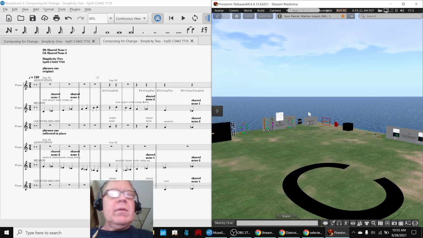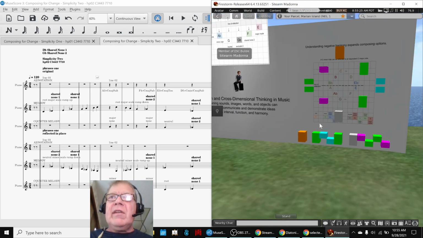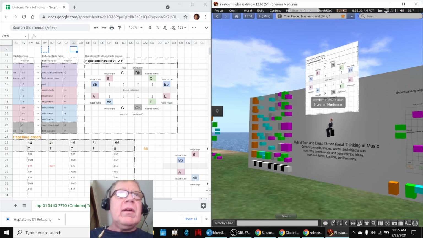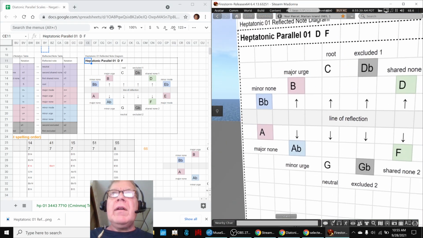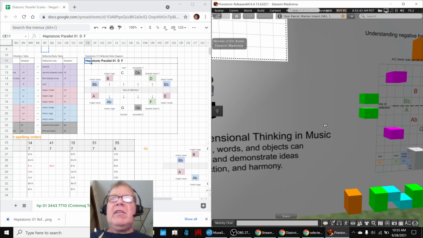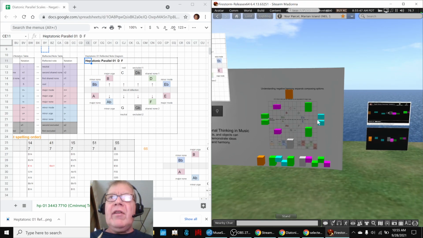So the cool thing about the interactive music is people can click on things and play the scales. And in point of fact, you can even see we took our updated display from the last stream and made a copy of it right here, hovering over our head, illustrating lines of reflection and so forth. But as we said, you can actually click on the notes and go around